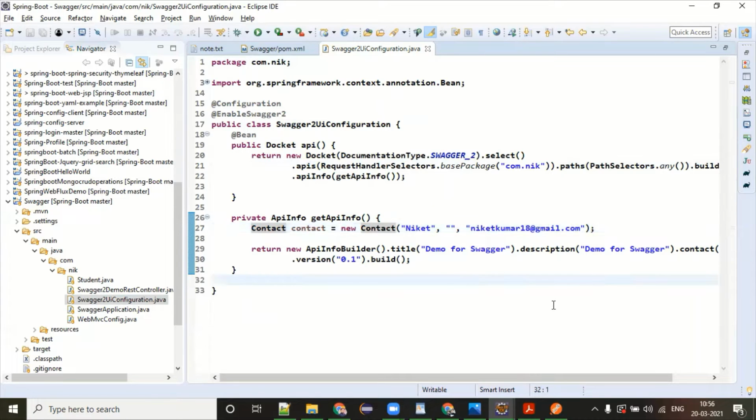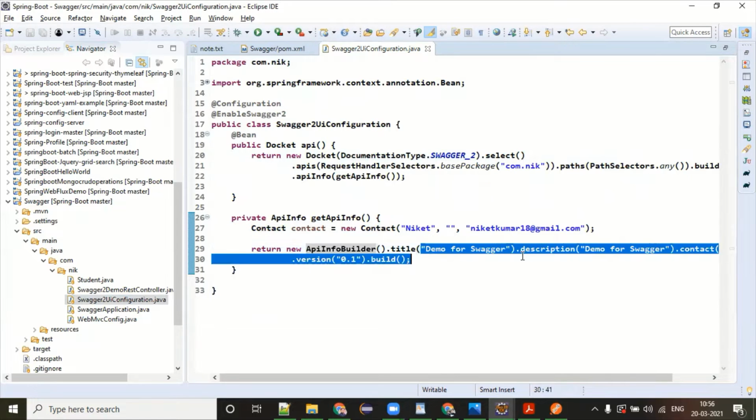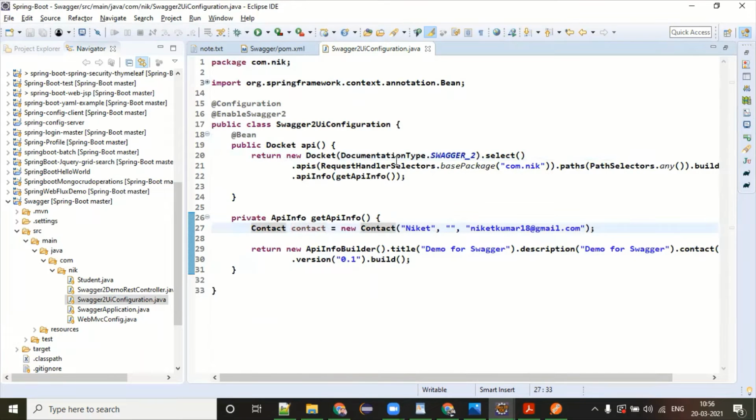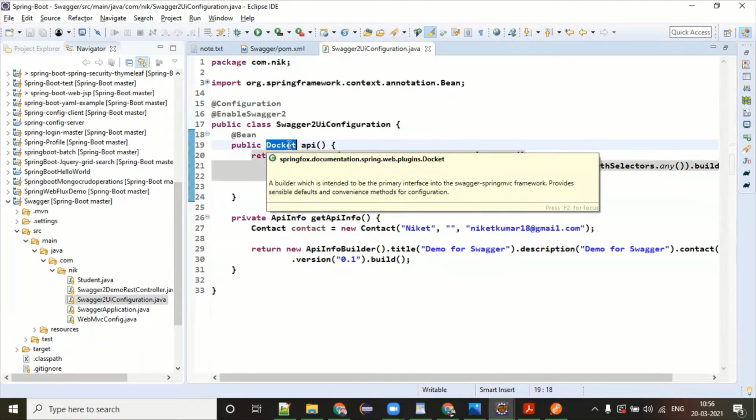You give all these things here, along with the API information: the application title, the description, and finally the version, along with the contact you have created. So it is a pretty simple and easy configuration for Swagger. You just need to create a Docket with the required information, base package info and API information. In fact, you can skip the API information if you don't want to provide it. It is not mandatory, but the only thing you have to create is a Docket object.